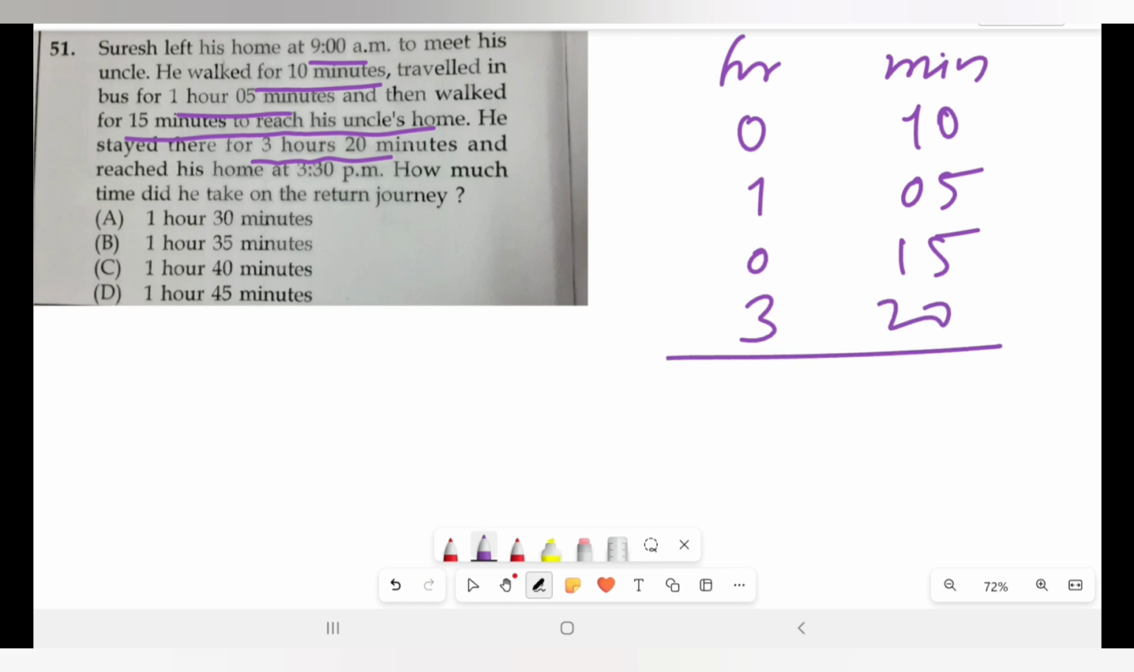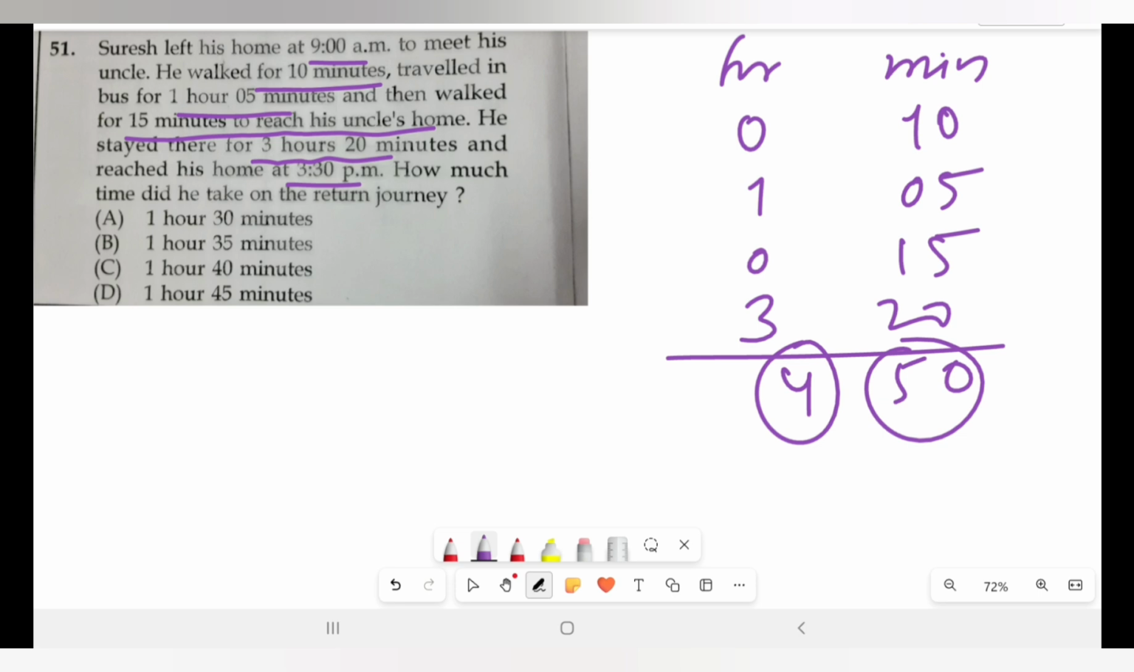So total time he spent during reaching his uncle home and staying there is, so here 10 and this is 5, and so 4 hour 50 minute he spent for reaching his uncle home. Now the question is, how much time did he take on return journey? So this can be calculated by calculating total time. The total time duration for reaching his uncle home, spending time there, and then coming back to his home